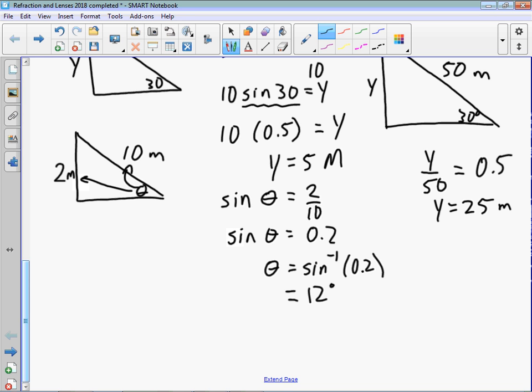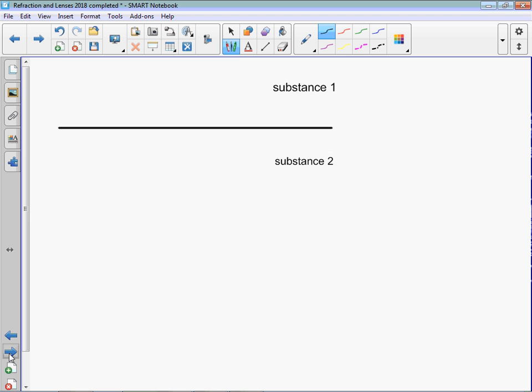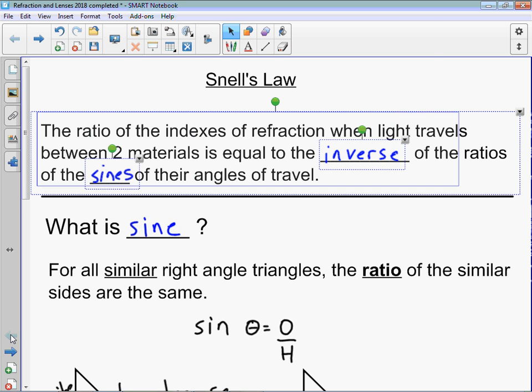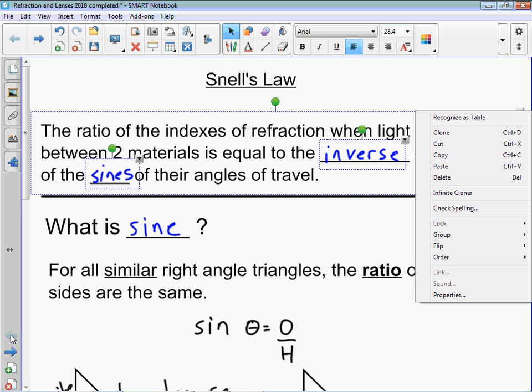So for a triangle with an opposite side of 2 meters and a hypotenuse of 10 meters, the angle will be 12 degrees. So that's just a matter of knowing how to plug in your sines and your inverse sines. We'll save the details about the other ratios, like your cosine and your tangent, for your math course. So let's go back here. In fact, maybe what we'll do is come back to this, highlight that part, let's group that,